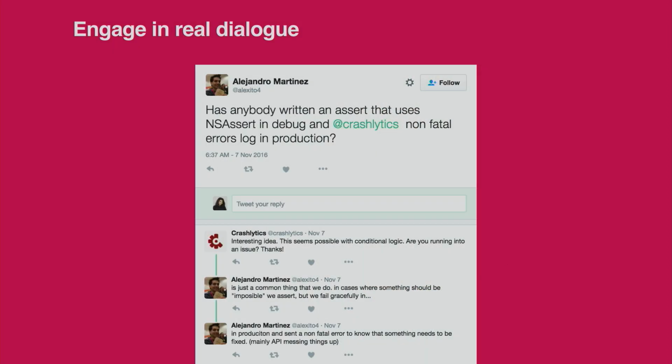The next is to engage in actual dialogue. It can be really difficult when the people doing your developer support are not empowered to talk in real terms about what product change might look like. If somebody comes to you and has a feature request, and all you can do is say, thanks so much, log that as a feature request, see you never, it's going in a black hole. That's terrible, and that's honestly what a lot of people expect when they log a feature request.